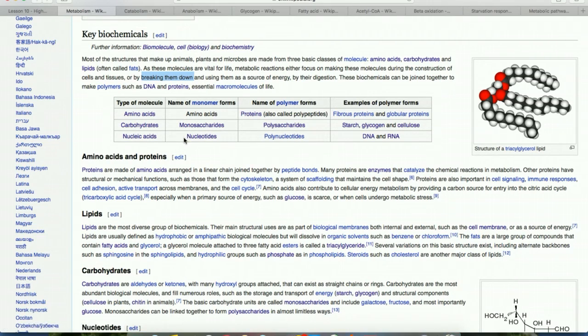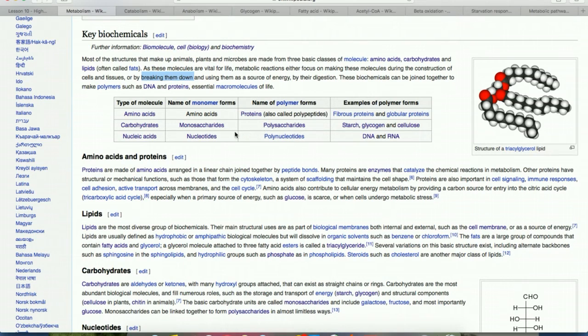Monosaccharides, such as glucose. Nucleotides, adenine, A, T, C, G, those are the nucleotides. And then the polymer: the amino acids form proteins, the monosaccharides form